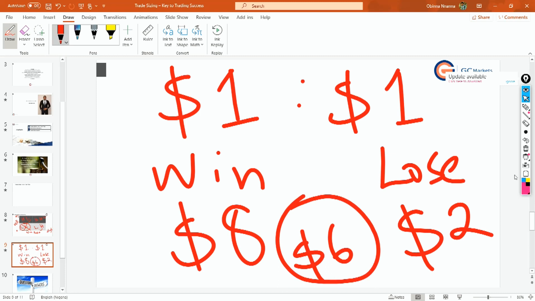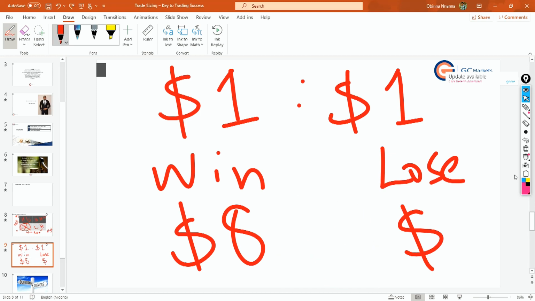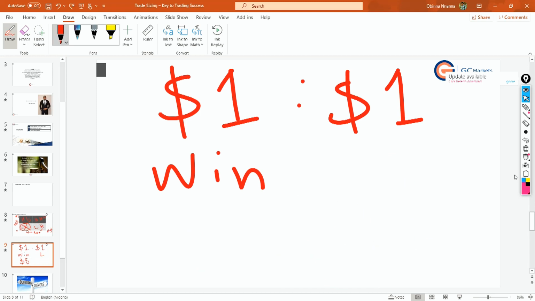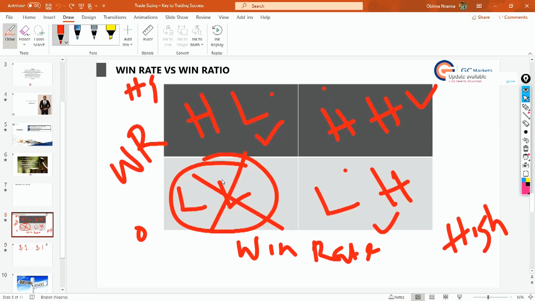Now the other example, the other system, would be on this other quadrant, where we have a low win rate but a high win ratio. So we have a low win rate and then we have a high win ratio. So this means that in this case, we are risking,